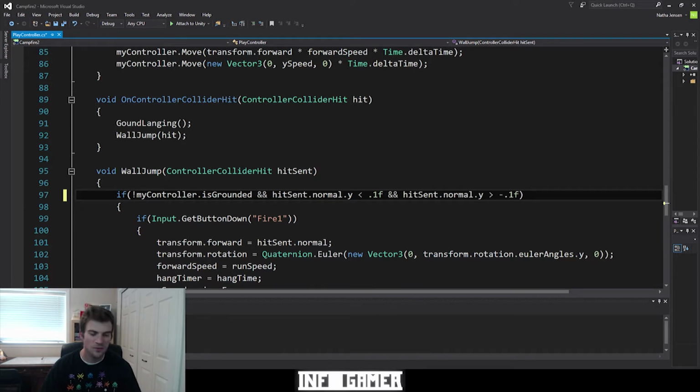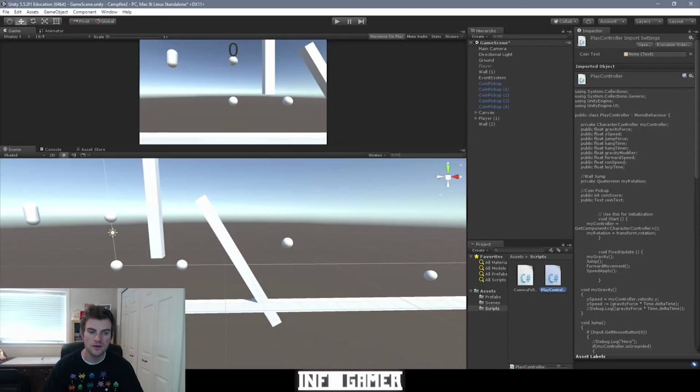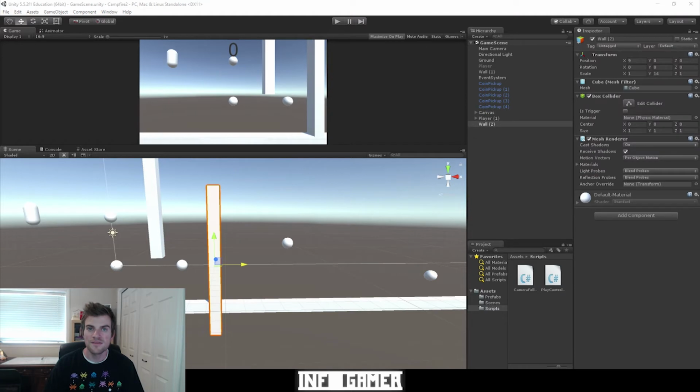And so once we do that, we can go ahead and hit save, and that should fix the problem. So now we'll allow the players to do normal jumps, but we won't allow them to do wall jumps. So now that we have that logic error fixed, what we want to do for the rest of this video